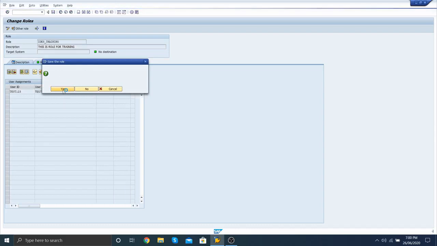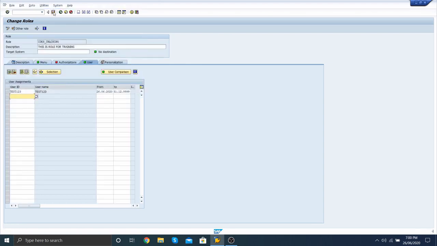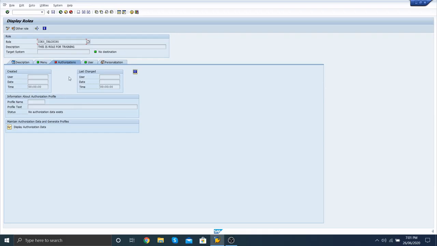Yes. Okay, then you can save the data. You can display in change mode and display mode. You can change and save here.